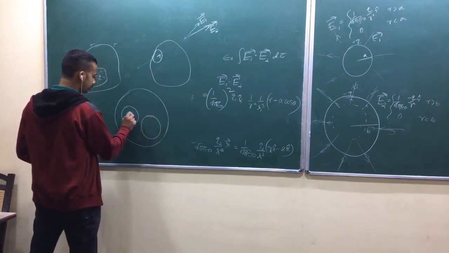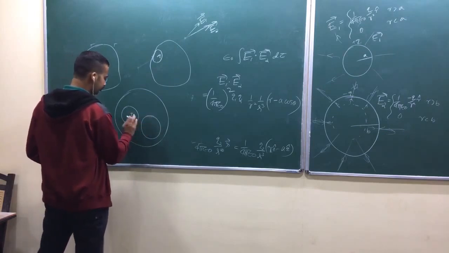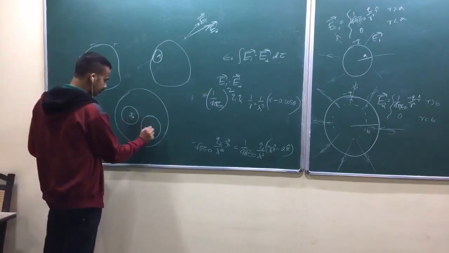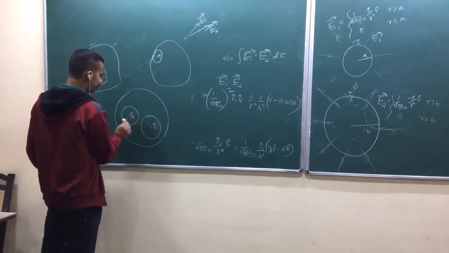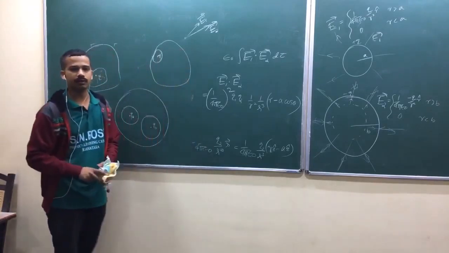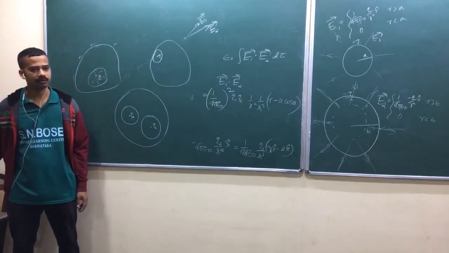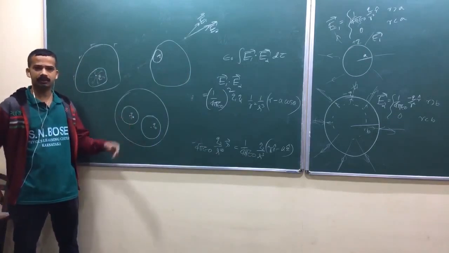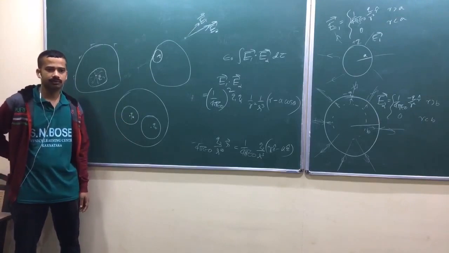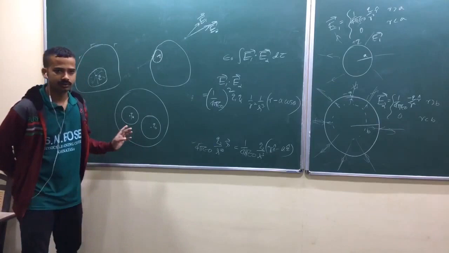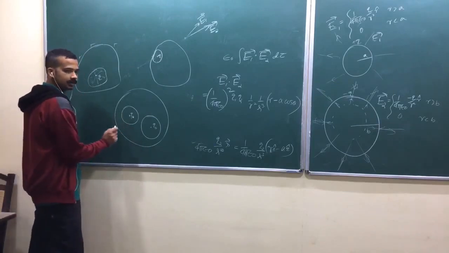The cavities are also spherical, but he placed QA and QB exactly at the center. Then he asked what is the force on QA and QB. That's okay, but if it is somewhere else other than the middle, I think there will be a net force. Just check it out. Are you getting my question? He placed it exactly at the middle, isn't it?